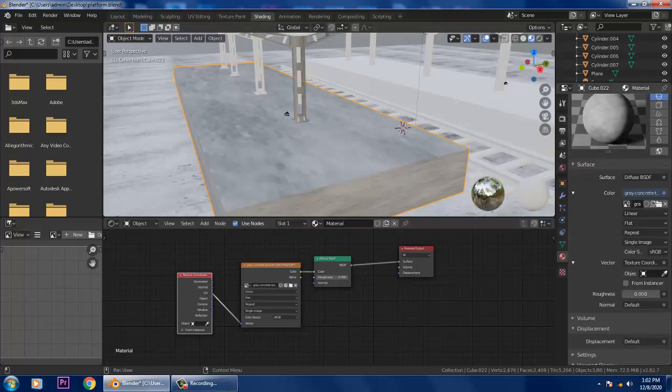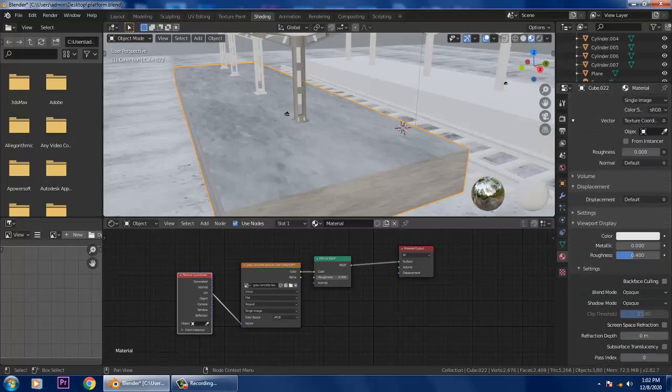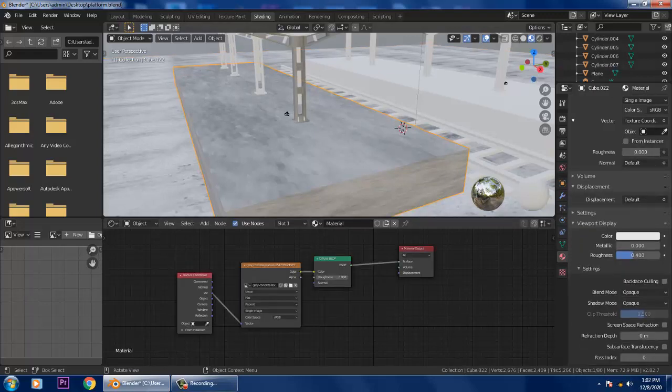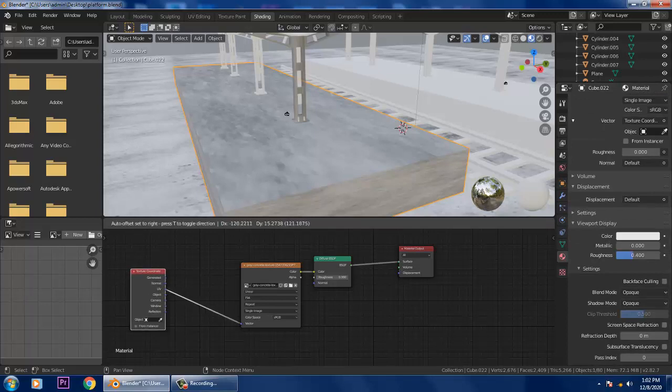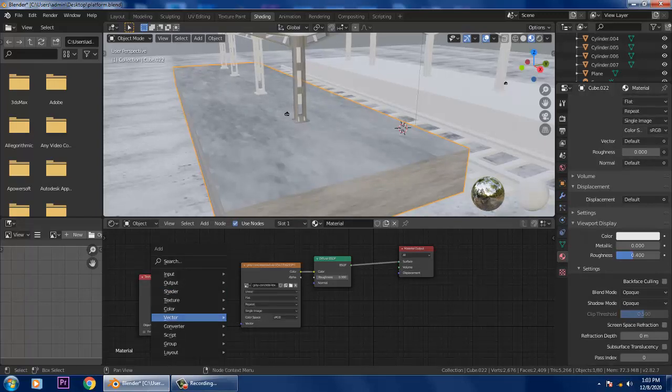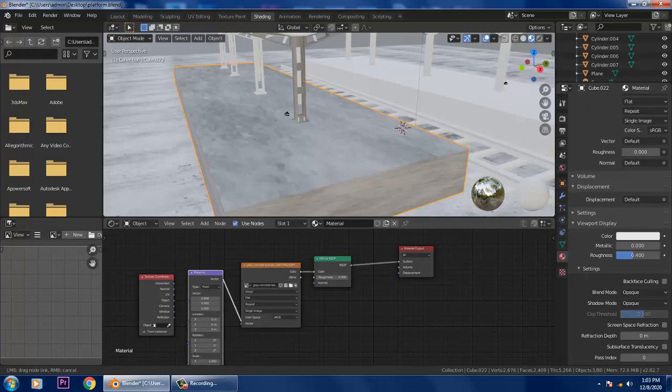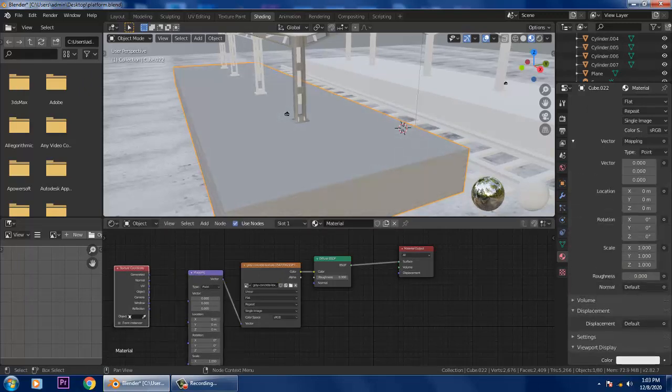If you go into this UV, the texture coordinates, you can use it over here also. So first we'll again go into this vector mapping and connect it with this, and this UV to your vector.